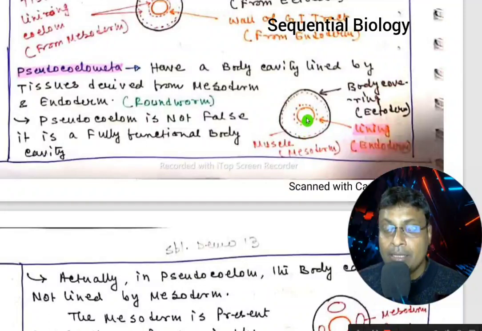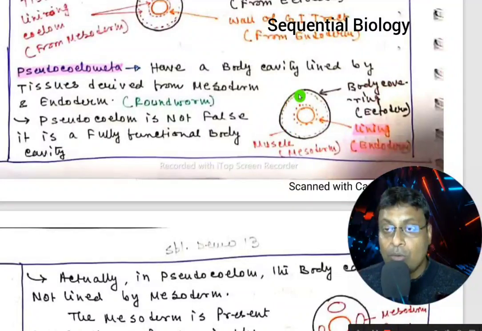Then in between these two layers, the outer layer contains mesoderm-derived tissue, or muscles, and the inner layer contains tissue which is derived from endoderm. The tissue of this inner layer is not derived from mesoderm, and for this reason this cavity is not called a true coelom. Actually this is a pseudocoelom,